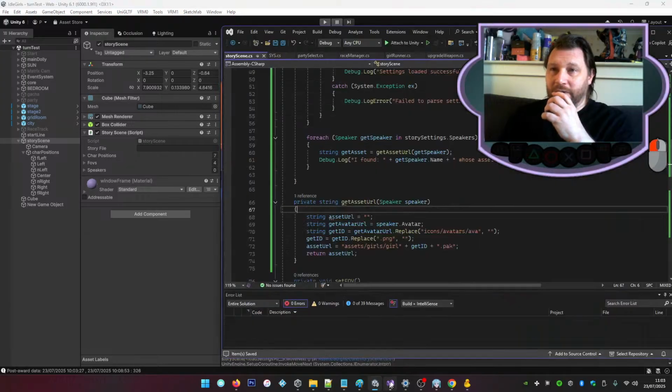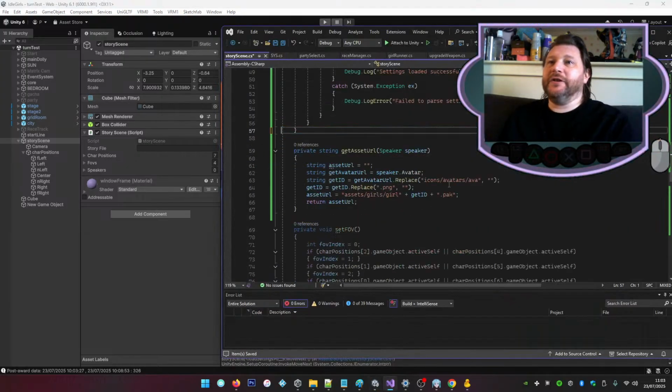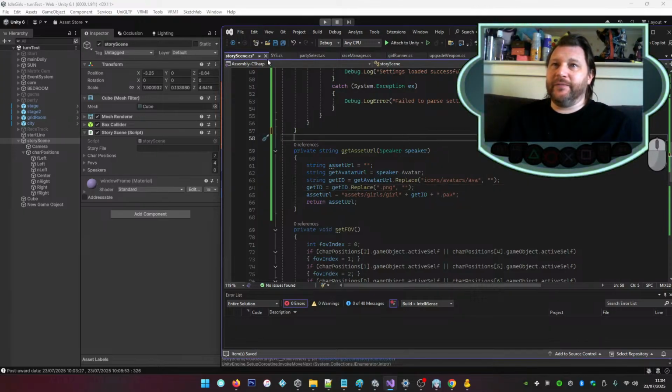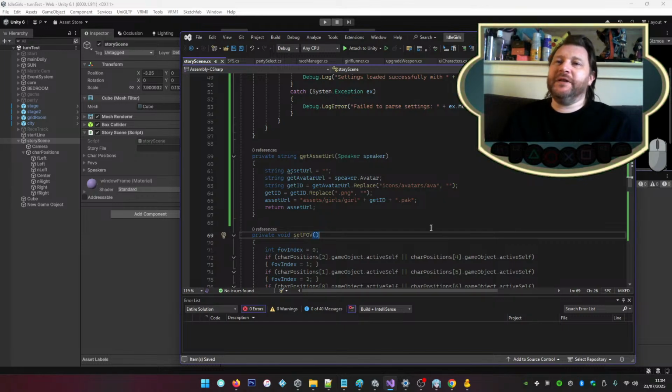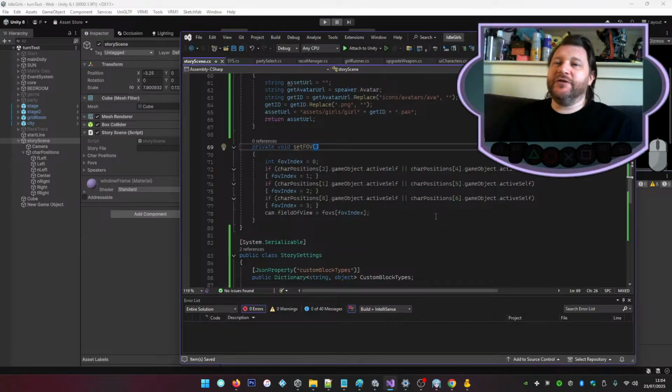Okay. So that little block for testing is fine. We have a usable function there. Another thing we need to do is for set FOV, we need to add an adjustable background, because if we